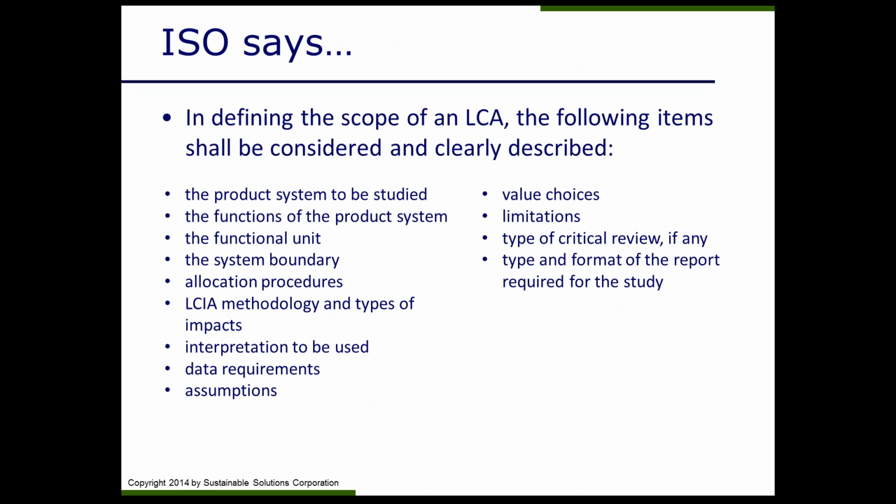So when you're defining the scope of a life cycle assessment, ISO says you also have to consider and clearly describe all of these items listed here. So you want to describe the product system, what the function of that product is, and along with that, how you're measuring that function, so the functional unit, describing the system boundary and what is included in that boundary, if you're going to be using some type of allocation, what the procedures are going to be, what methodology you're using